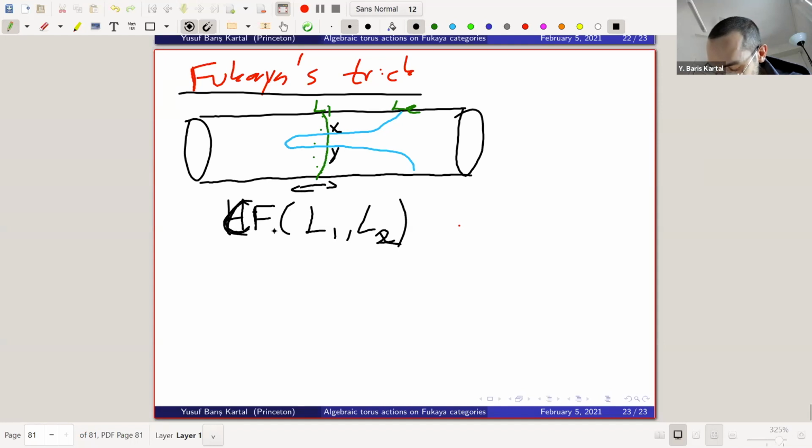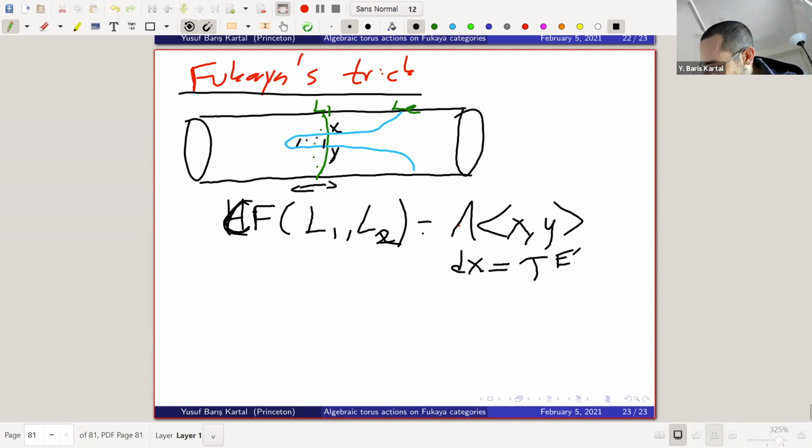Let's make this Floer chain complex. This is two generators, right? Now, it's just defined, depending on your conventions, mu1 of x is equal to t to the area here, times y. Now what I'm interested in is, if I deform L1 a little bit,